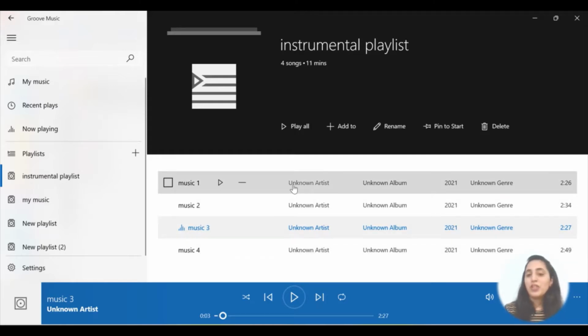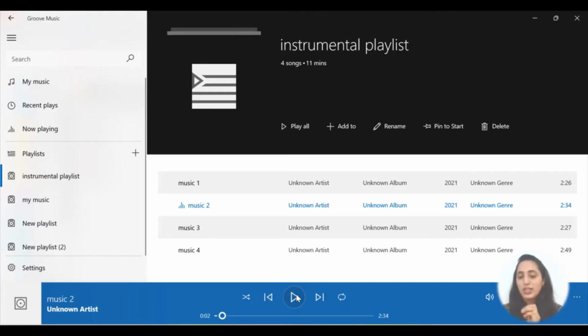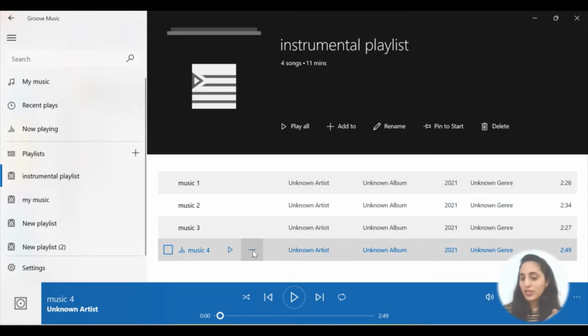So that means the first which I added comes first, and the one which I added last comes at the end. Now if I play my list, we will start from the first song. If I click on the next option, it will go to the next, meaning after finishing the first song, it will start the next song. After the second song is over, it will go to the next one, and who is the next one? Music 3. After music 3 is over, we'll go to music 4. Now there are only 4 songs in my list.